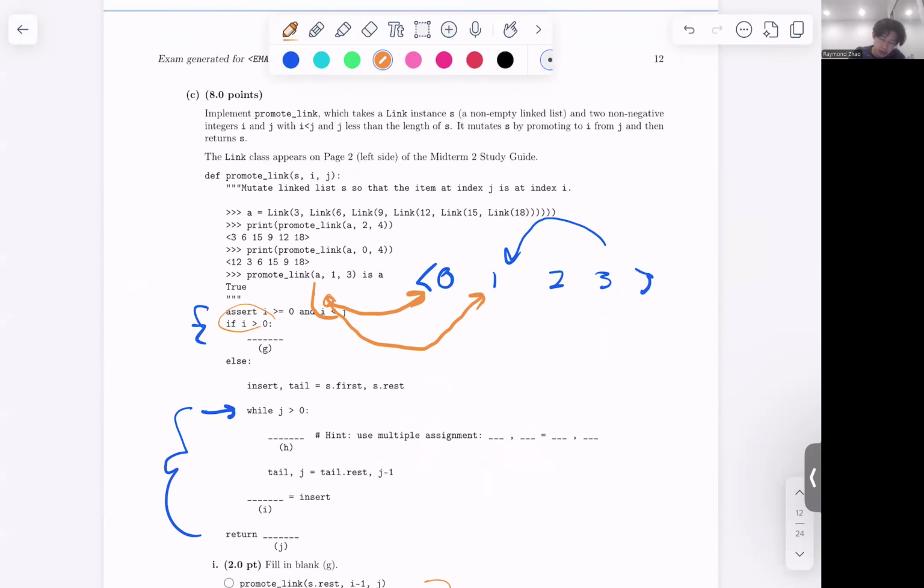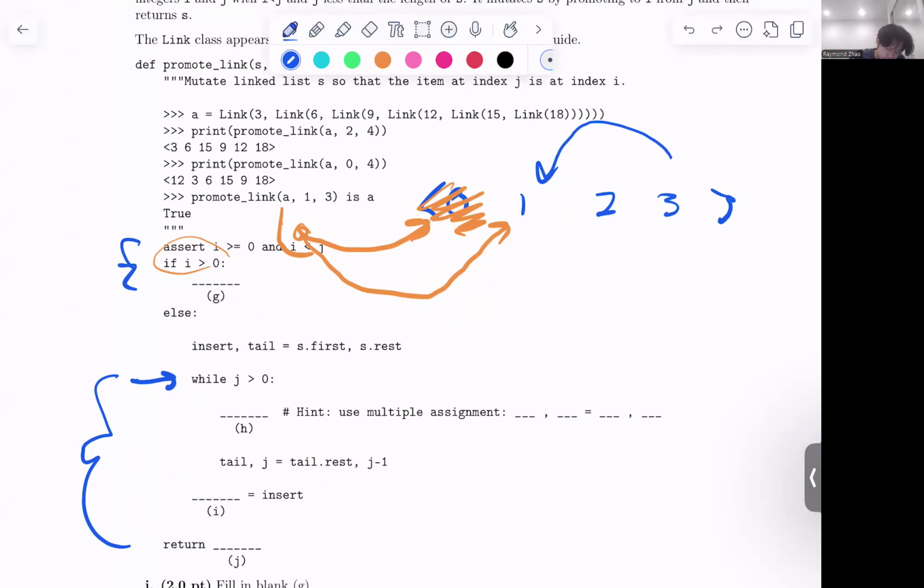So this problem doesn't even matter to me. This 0, I don't care about you. I only care about the case where I'm lining up this linked list so that I'm pointing right at the start, right at the promotion index. So if I is greater than 0, then I just want to